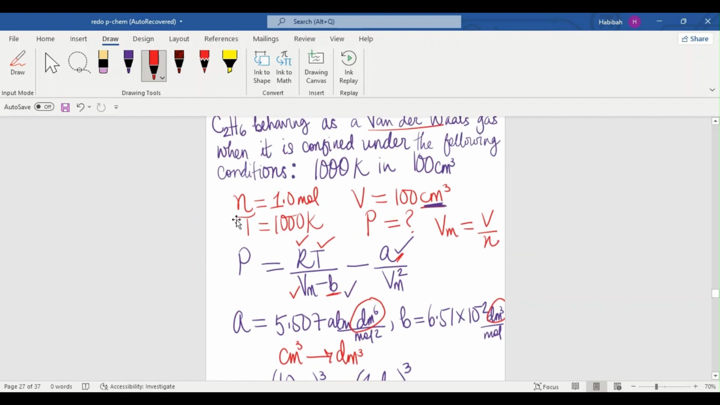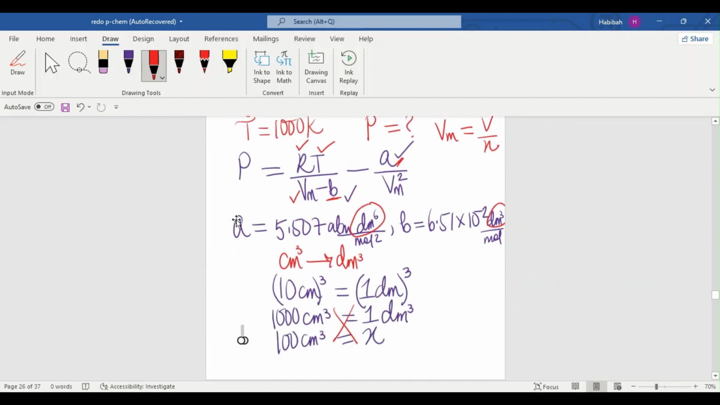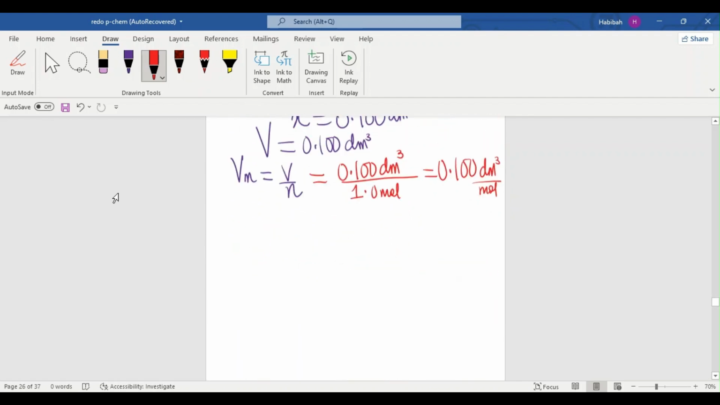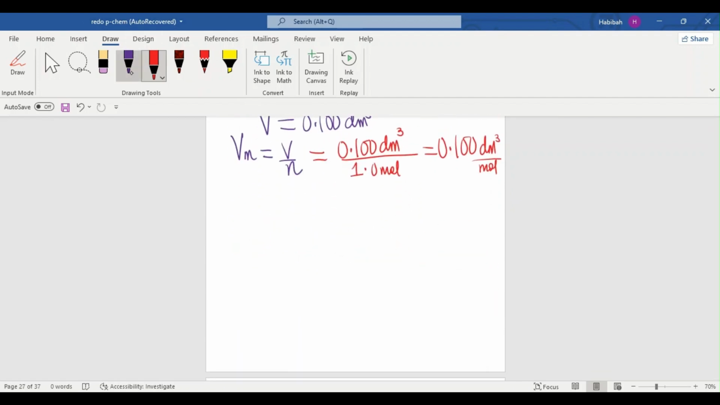The next thing we have to do now is to substitute, because now we have the molar volume in the proper units. So to do that, just to make our work easier, let me write out all of the parameters. We have the temperature is 1000 Kelvin. We have the A value to be